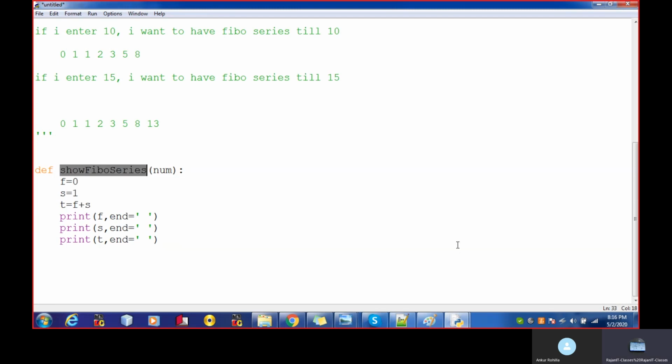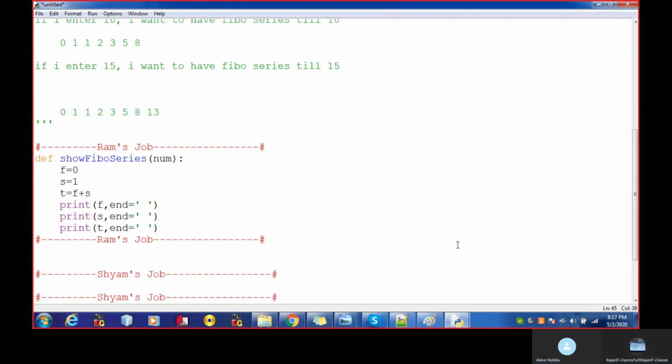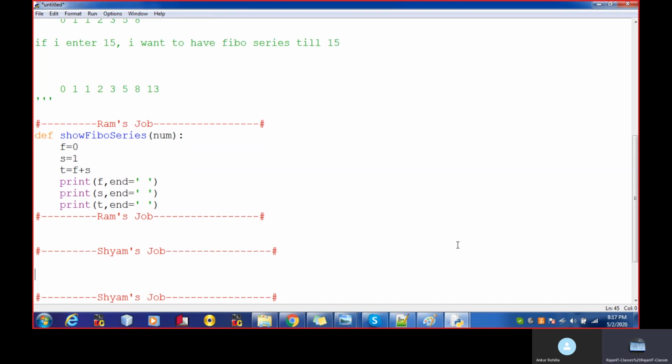So Fibonacci series. Let's say this is the Ram's job, and this is the Sham's job. Sham just knows how to input the number.